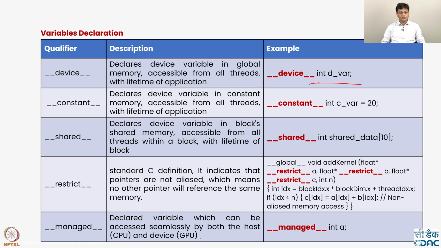Next qualifier is the shared. When any variable is declared with the shared qualifier, that means this variable will be present in the shared memory of that particular block. So, whenever any block is launched on a particular SM, whatever shared memory is provided to that block, this variable will be available there, and it will be accessible from all the threads